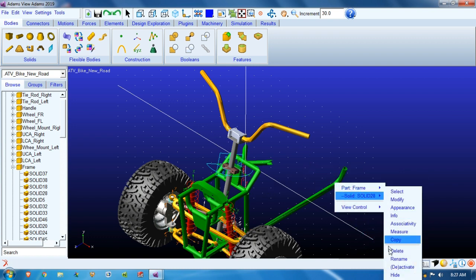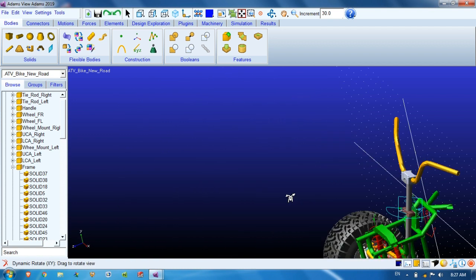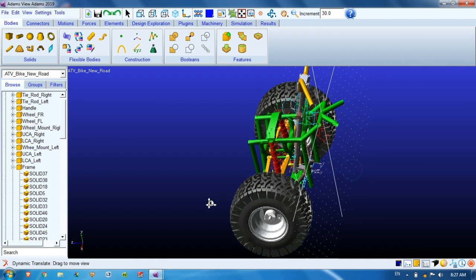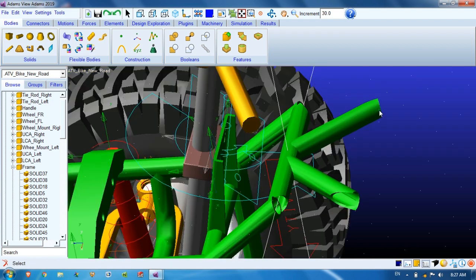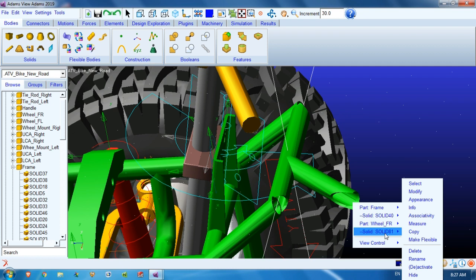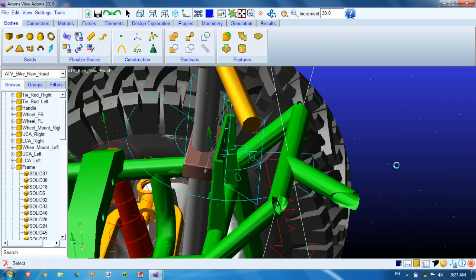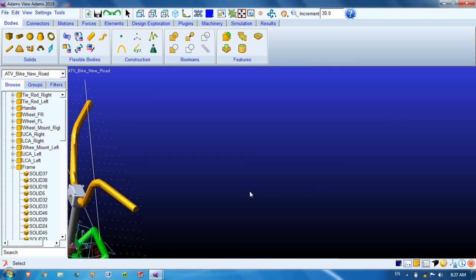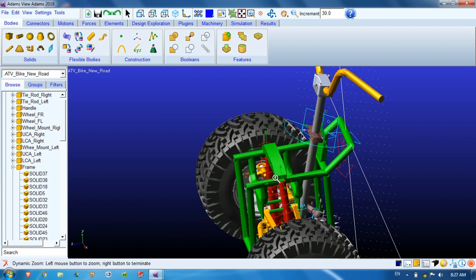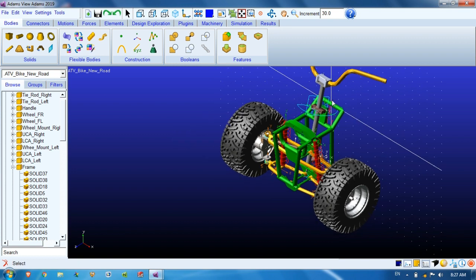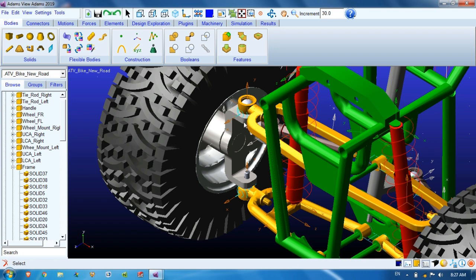If we keep the part count as minimum as possible, it will be good for our model. It will solve in minimum possible time, and it will also avoid unnecessary degrees of freedom. Again delete this solid also. I think these many parts are enough for our frame. There are already joints here, so we will not change these joints.